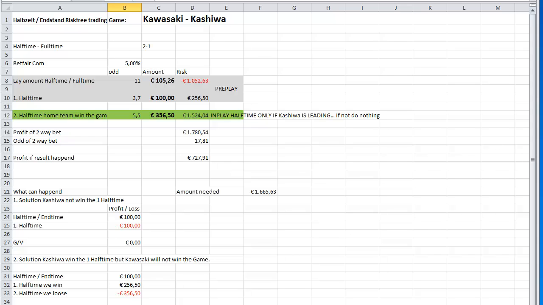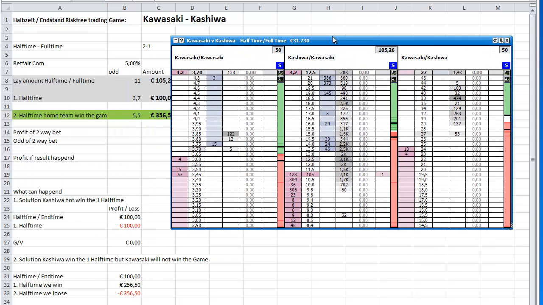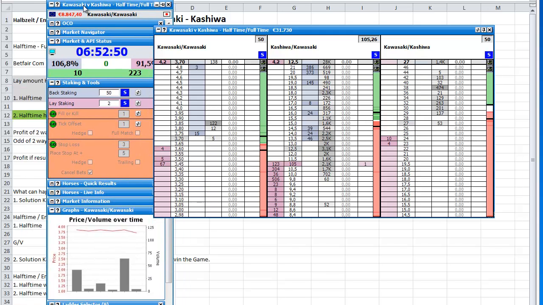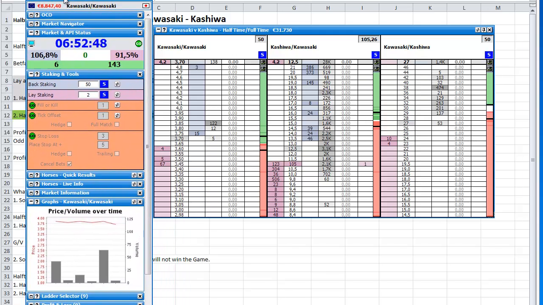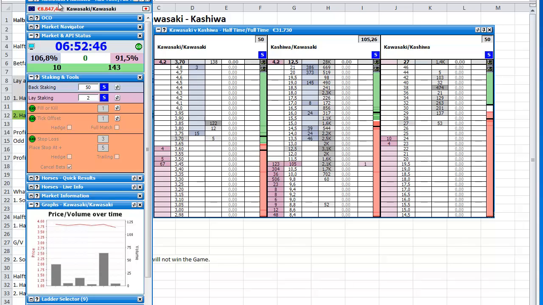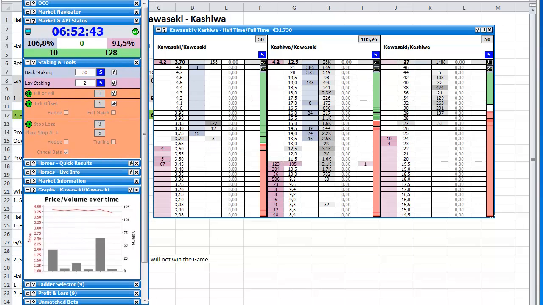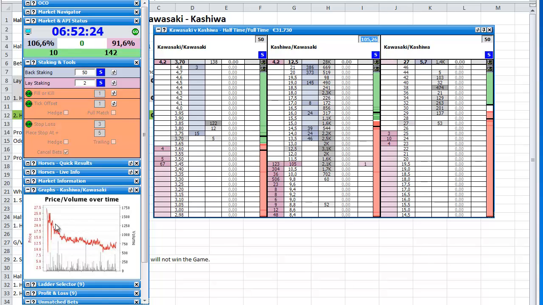What I can say is, if you try to use it, you see here it's with play money. You can for sure do it with real money, but for the video I take play money now. Very important is that you can see here that the odd has drifted more than half from the starting odd, so that you can use this strategy.